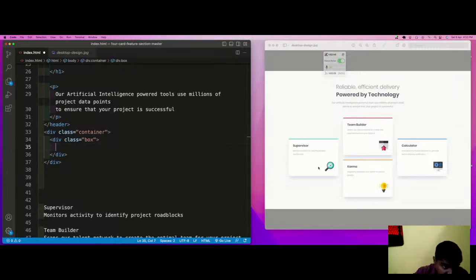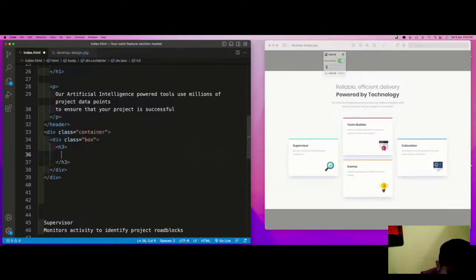Now, after this thing, what we do? Let us quickly have the structure of an H3 and we have para.